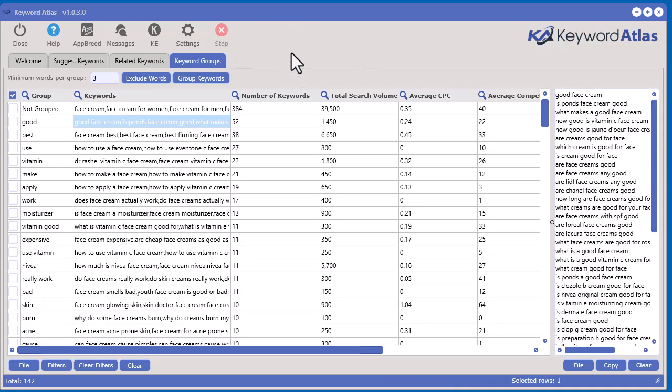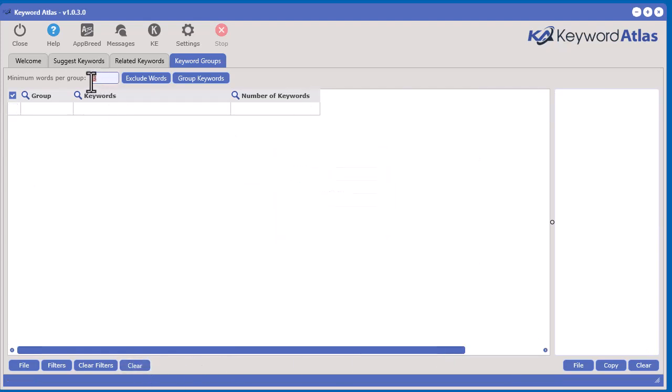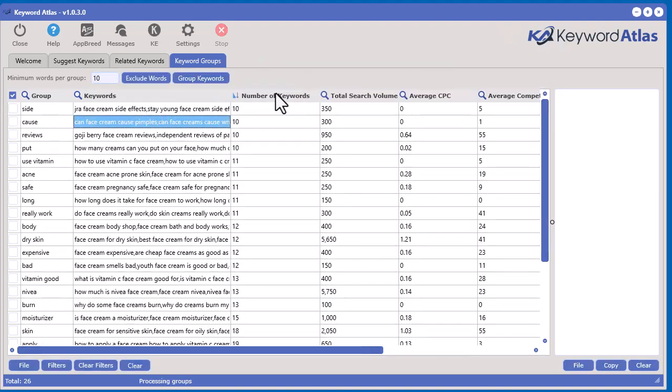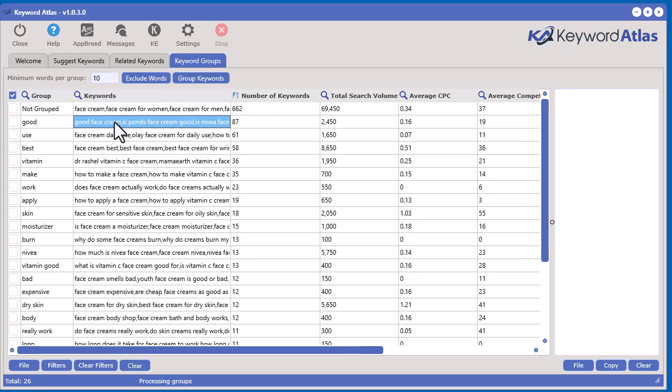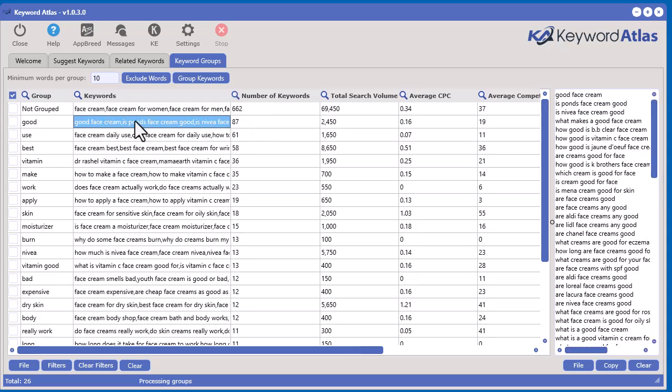Now I'd like to show you something a little more advanced. Let me just clear this out. Let's go back to say, 10 again here. Group those keywords. Sort by number of keywords. You say like this one right here, like good, for example, has 87 keywords in here, but that's a pretty big group of keywords. So what I'd like to do here is actually try to do another analysis of just